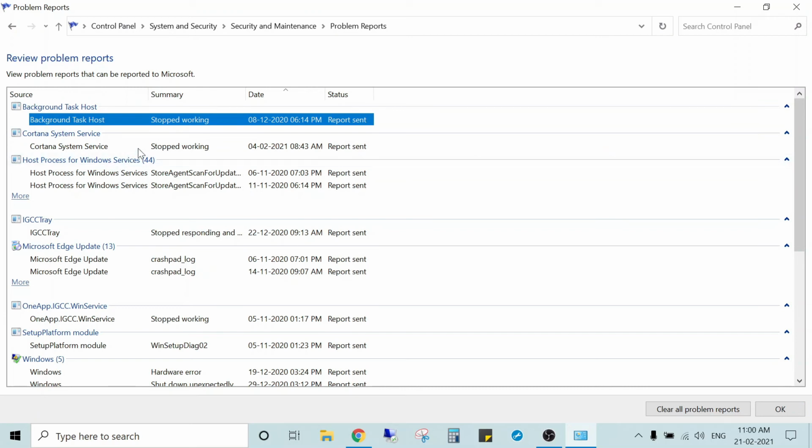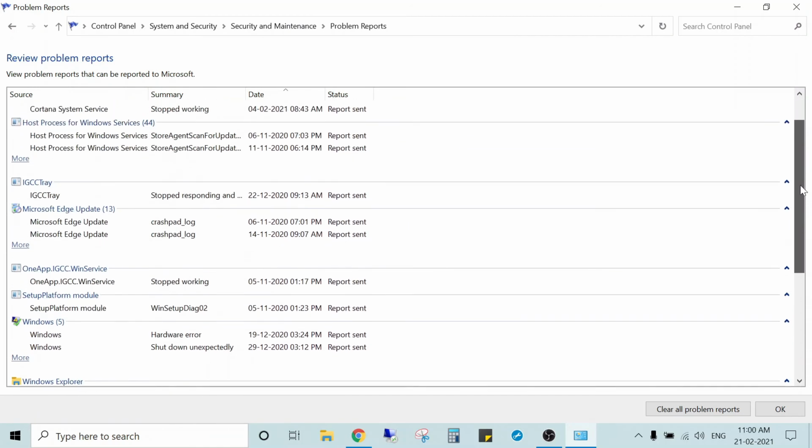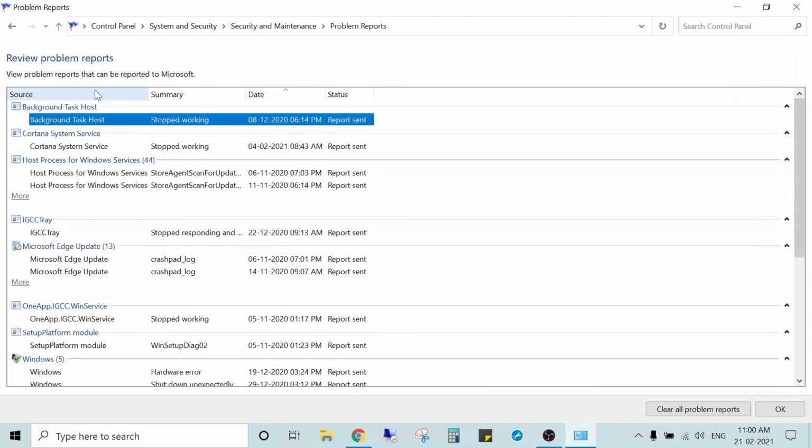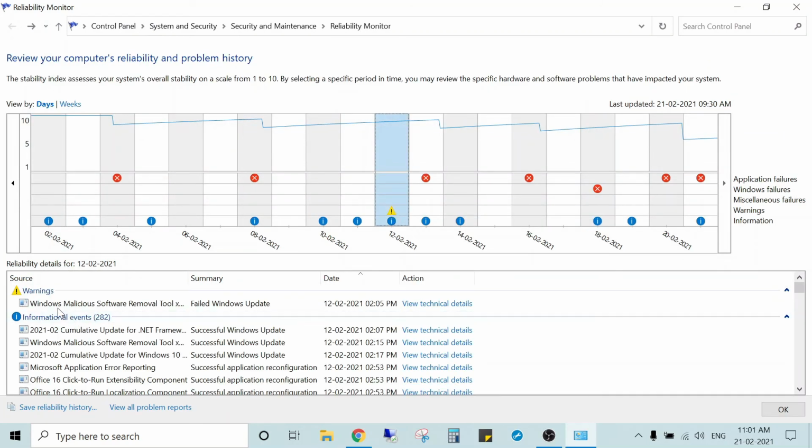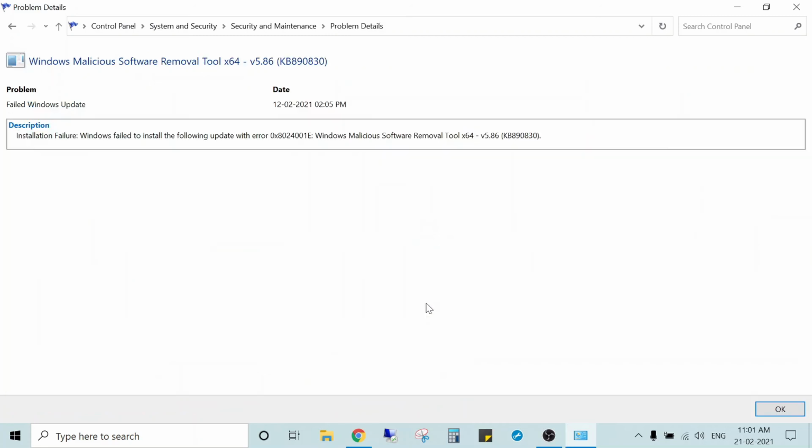You can see the whole list of problems that have occurred in your system by clicking on view all problems. And apart from that, there is a simple warning: Windows malicious software removal tool, failed Windows update. You can click on view technical details, and it will give you the description of what error was encountered in your laptop.